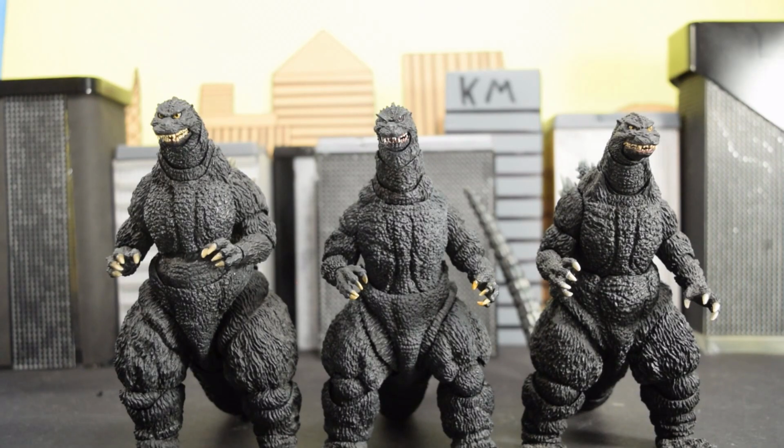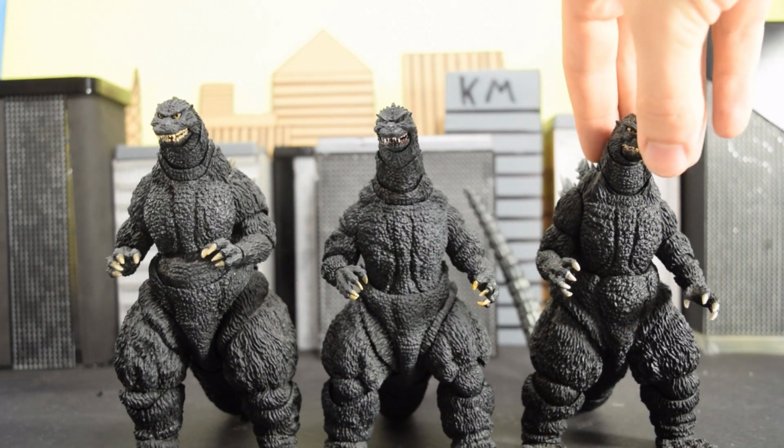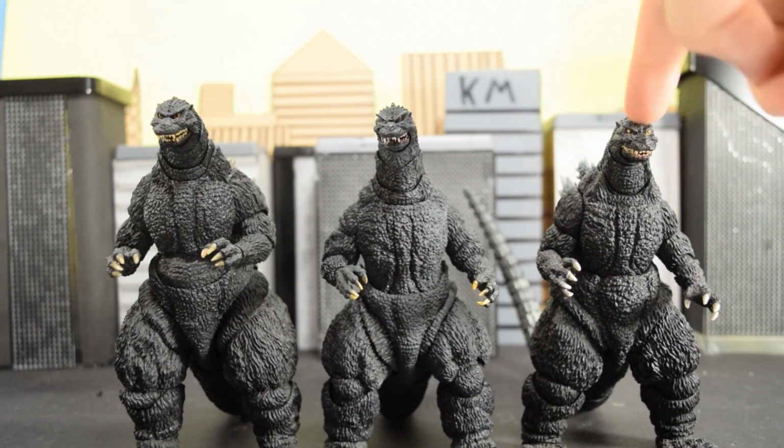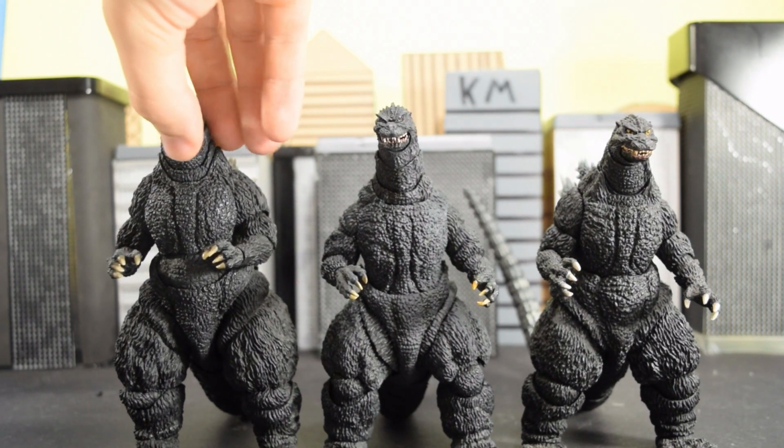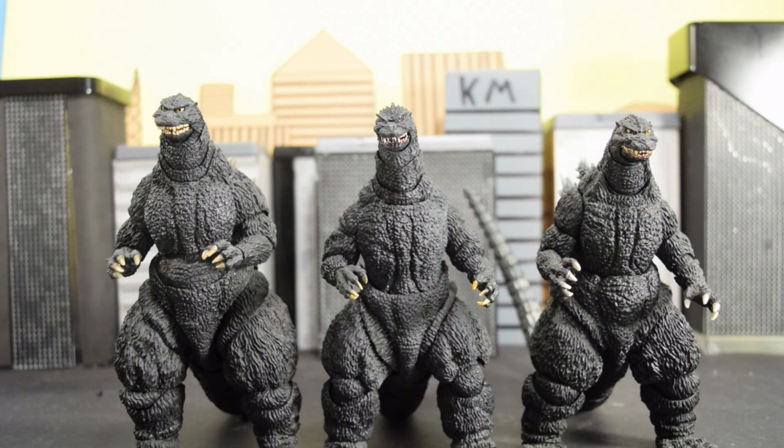So here's a size comparison of all of the Heisei Godzillas, or at least of their major sculpts. You got the 94 figure from, God, 10 years ago now. This was the very first one. And then here's the Birth version, which is basically the Burning Godzilla. It's the 95 mold that's been reused a million times. And as you can see,